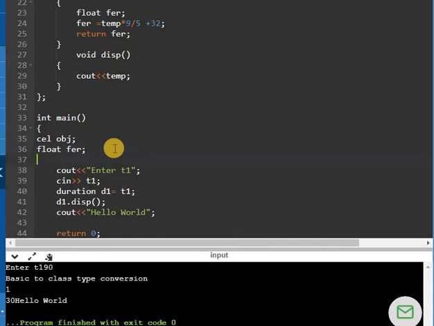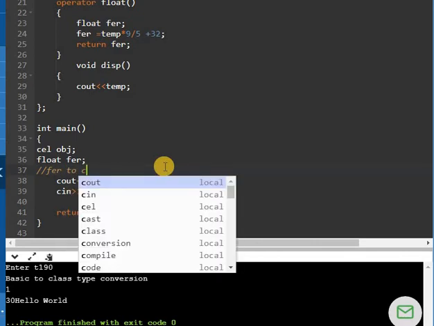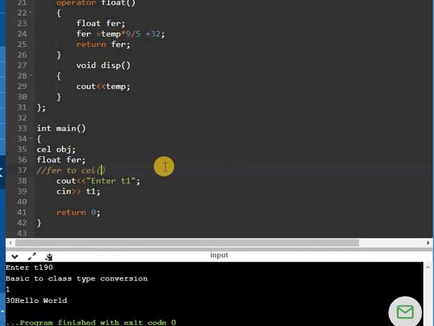Two things will be there, because in the earlier case we were converting. I will just write comments here. In the earlier case we did conversion from Fahrenheit to Celsius, and for this we wrote the statement here.